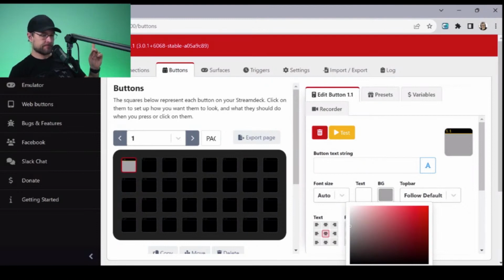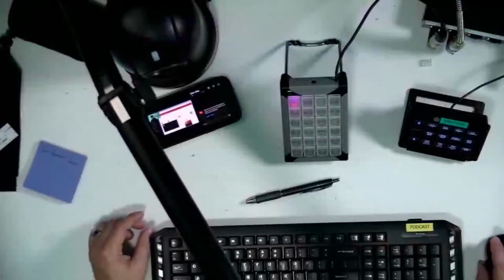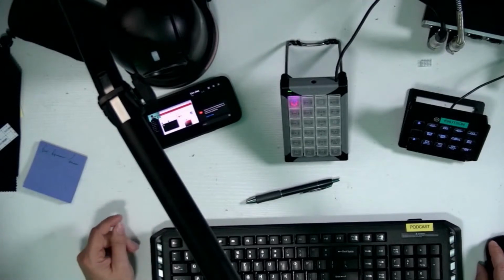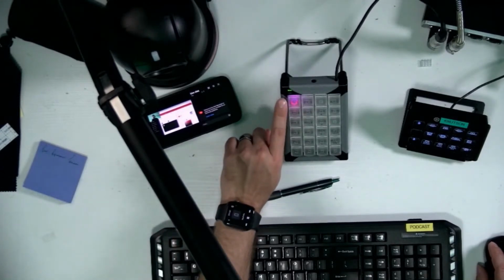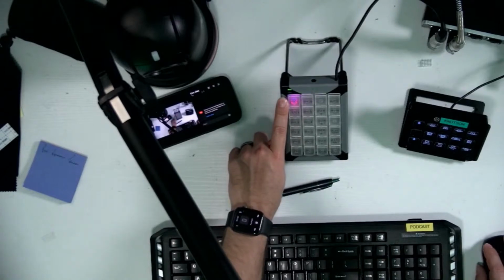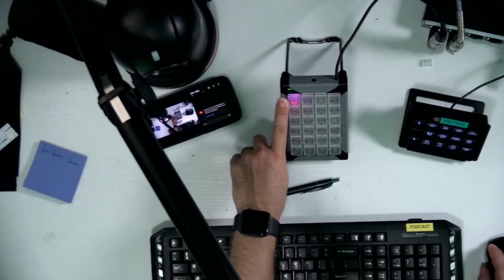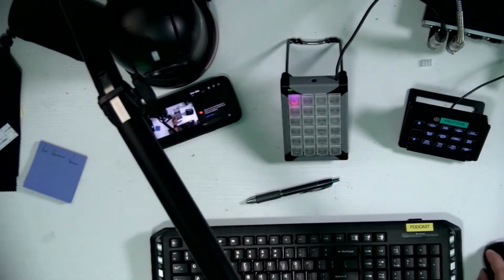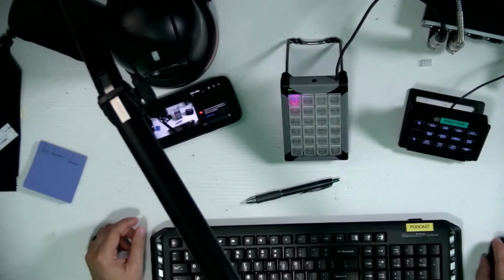Actually, it did light it. Right? It lit that button, which I thought, oh. Well, this is a fascinating discovery.